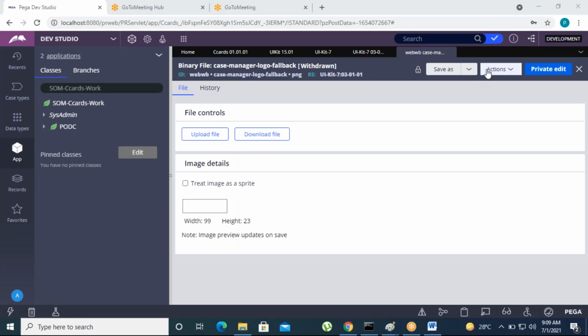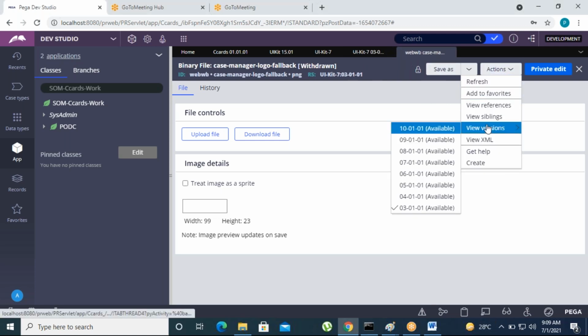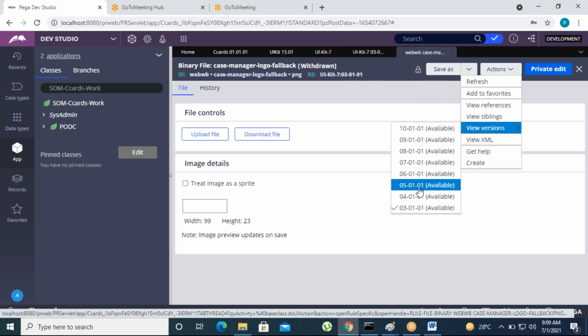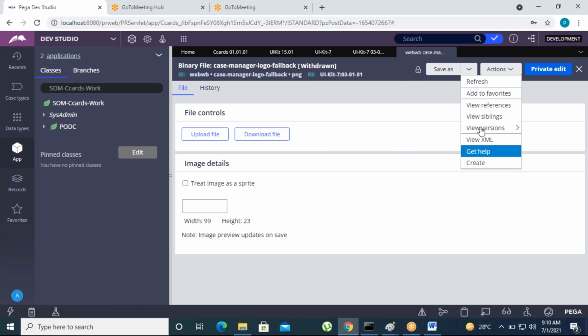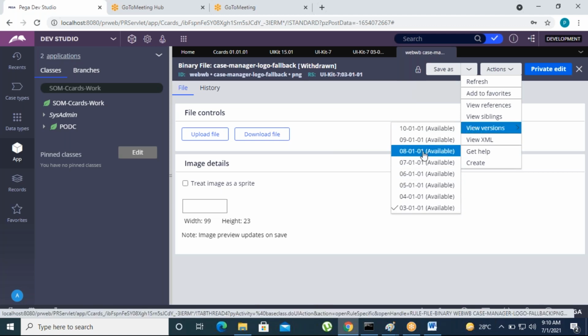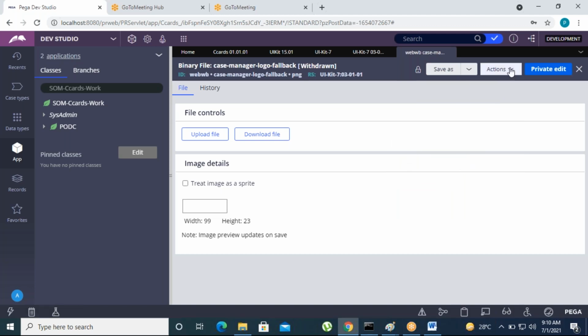So let's move on. Suppose in the same example, this rule is present in this many versions, right? If we set withdrawn, what will happen? The rule resolution algorithm will not process the rule at runtime, in the current version and previous lower versions also. That is withdrawn.